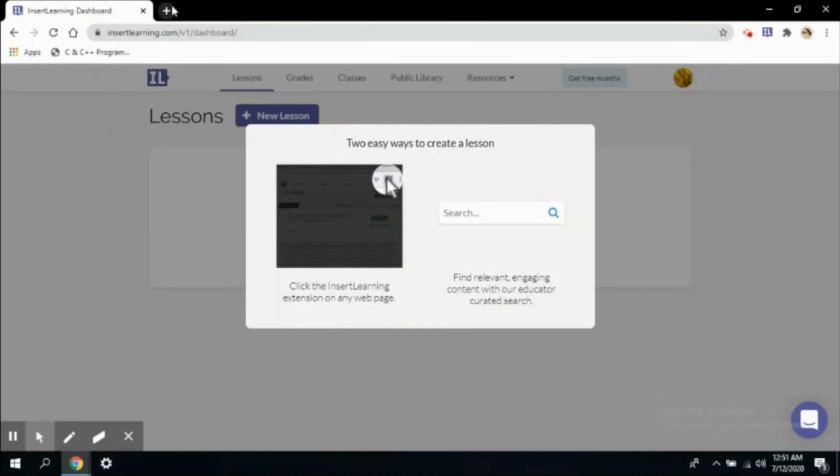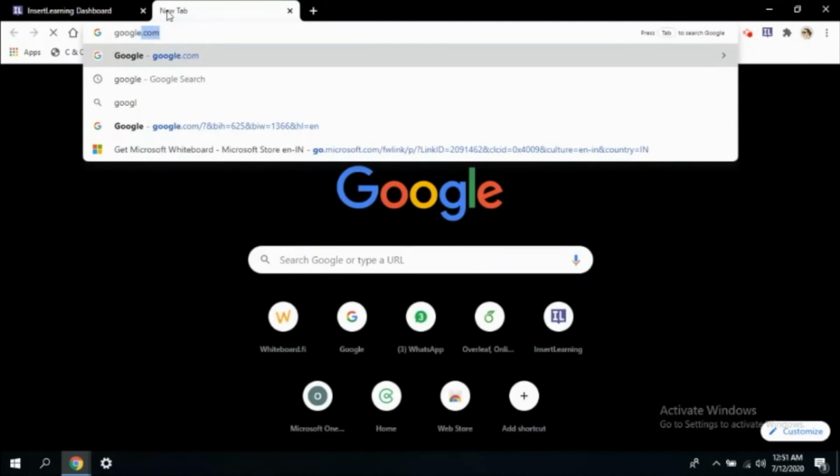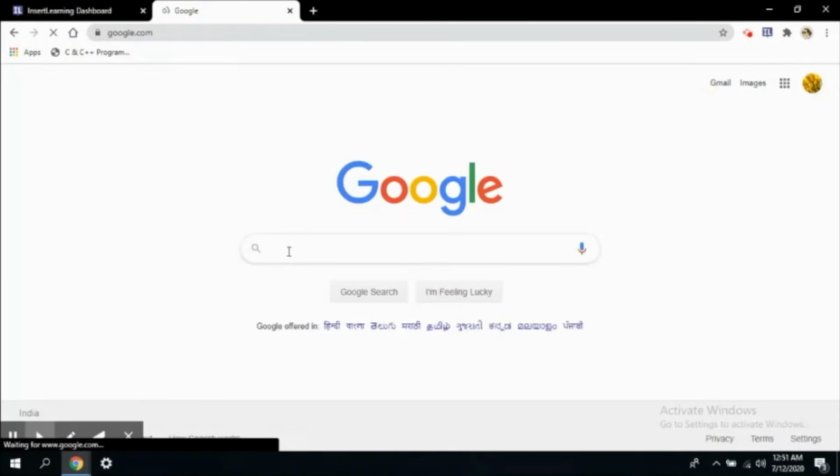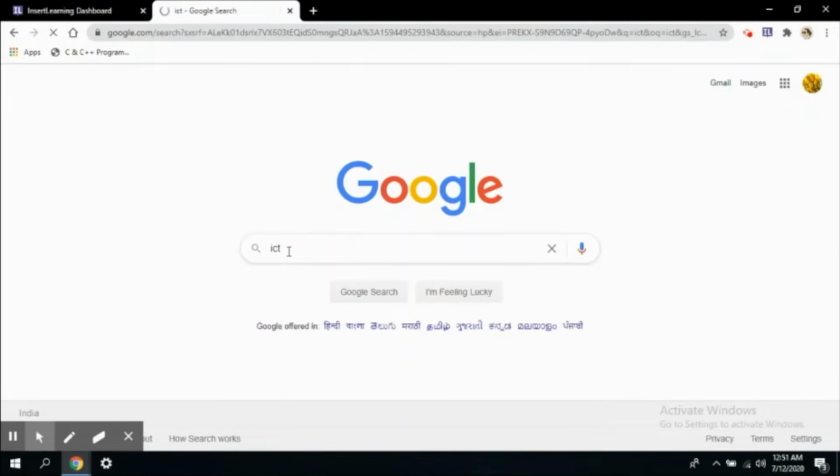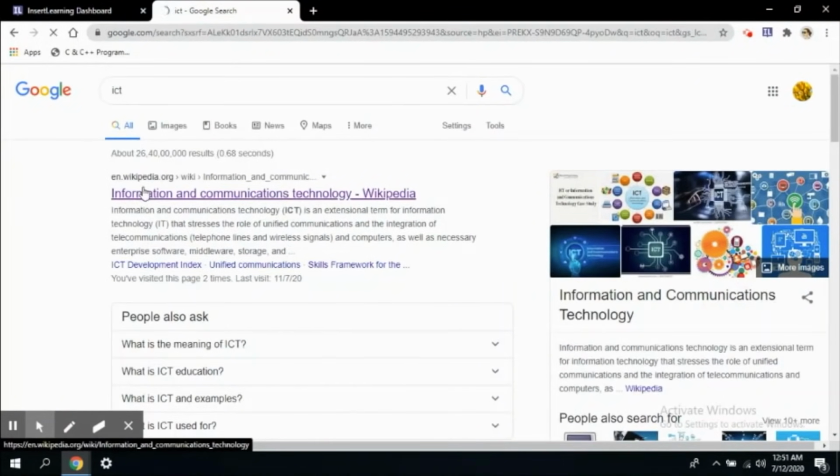So let's say I want to create a lesson on information and communications technology. Let's search for a web page on ICT. The first link that comes up is information and communications technology.